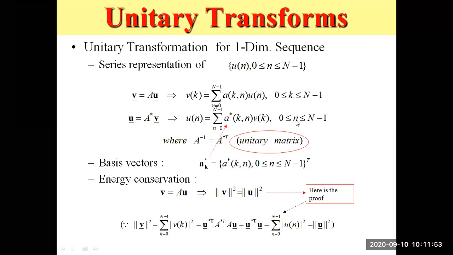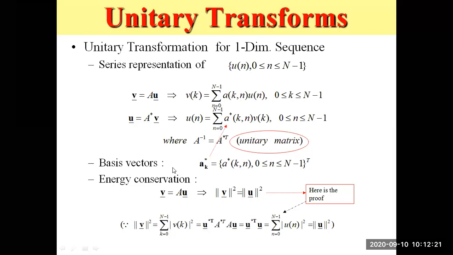Here again we will get our frequency time samples between 0 to n minus 1. So like this here, what is A star? That means a matrix form. These are all coefficients, A star. So A inverse is equal to A star transpose. Generally, we know this is called a unitary matrix. We have to form the unitary matrix for this case.